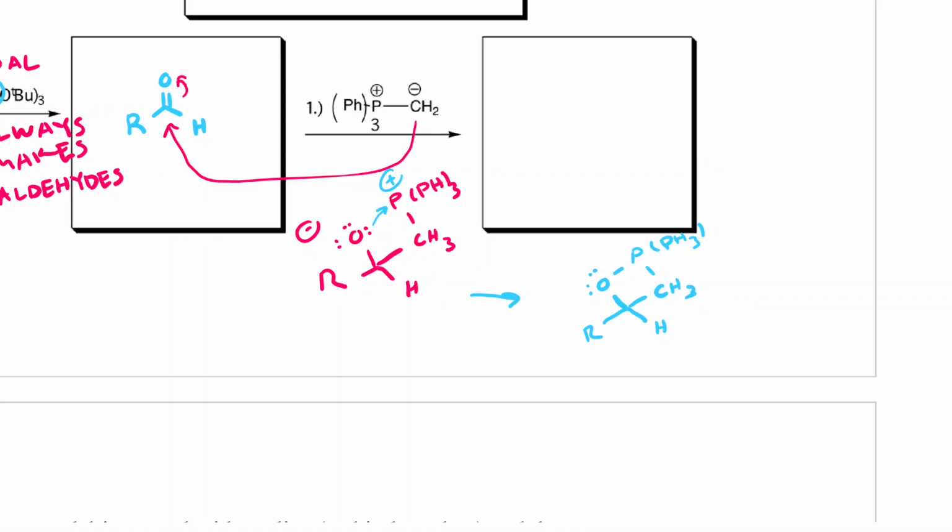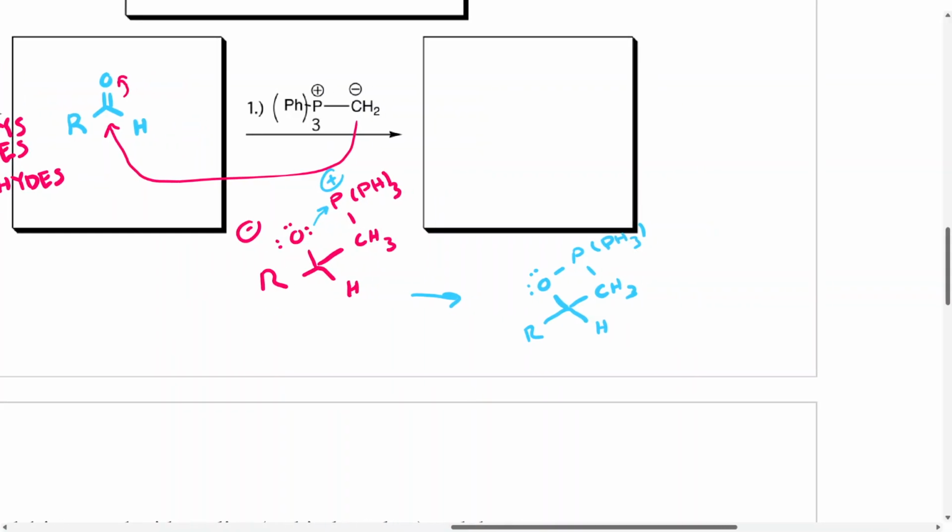I'm trying to make sense of this too. Is that these bonds are going to break, but the way that these bonds break is sort of like